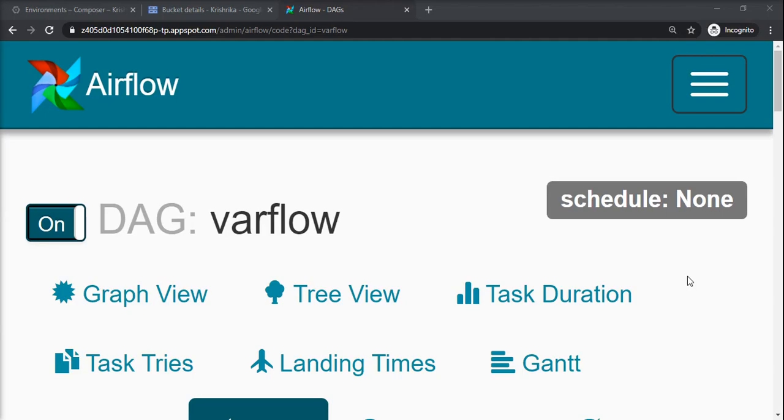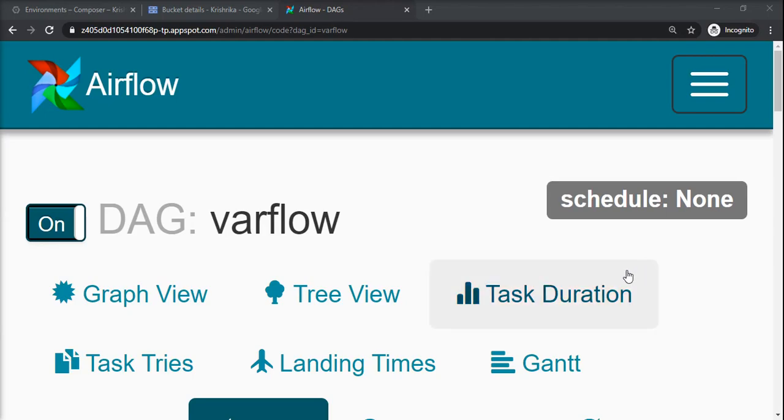And one more advantage of using variables in Apache Airflow is if you want to retain some value across executions. That means if you want the value of a particular variable from a previous execution, you can refer to it in the current execution, process it, and then update it again for future executions. For this use case, you can use variables in Apache Airflow. So we will take an example.